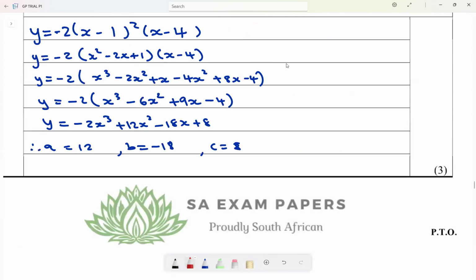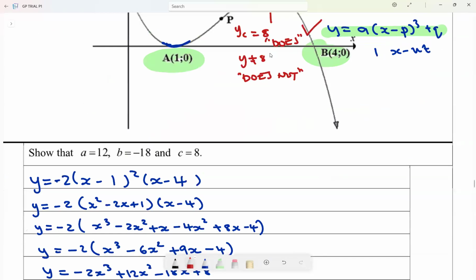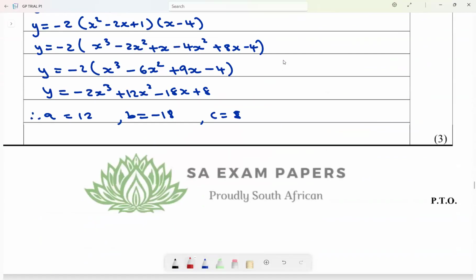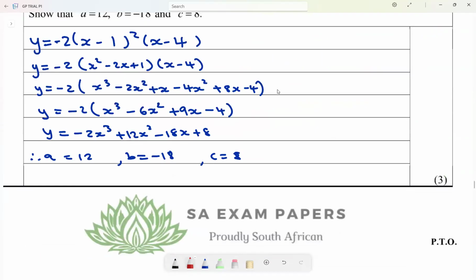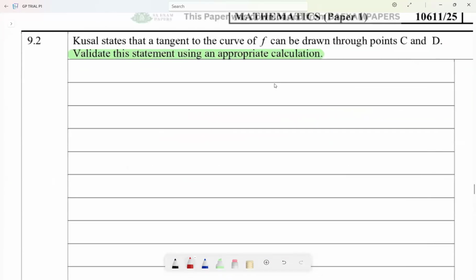Let's now try to be mathematicians. Let me try to find the value of x, the y-coordinate of C. Let us try to find the y-coordinate of C. How can I do that? Remember, first things first,